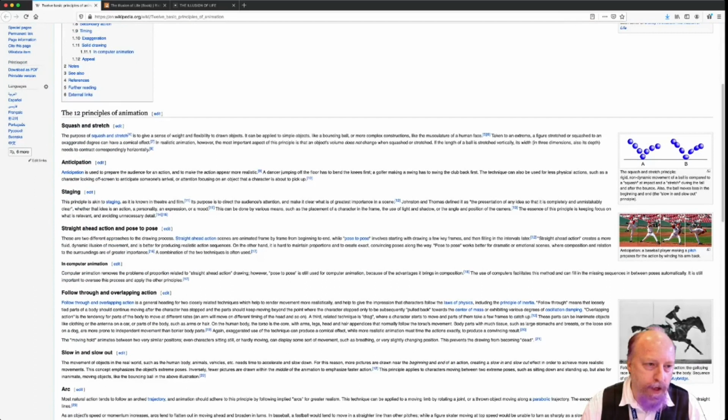The first is squash and stretch. Now, in the previous episode, we drew a bouncing ball. We made an animation of a bouncing ball, and we did that by copying a single frame of a ball and then just using the move tool to move it a certain amount between frames. And so we're going to do something very similar today, but we're going to draw the ball in each frame. And once we've done that, we've kind of recreated the animation from the previous episode,